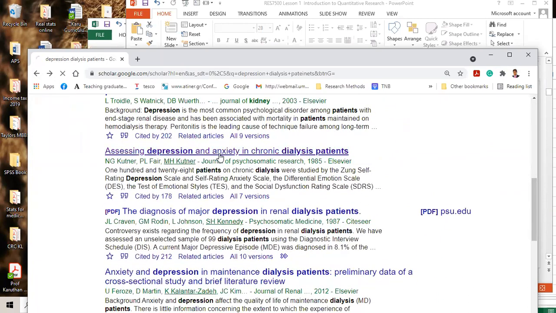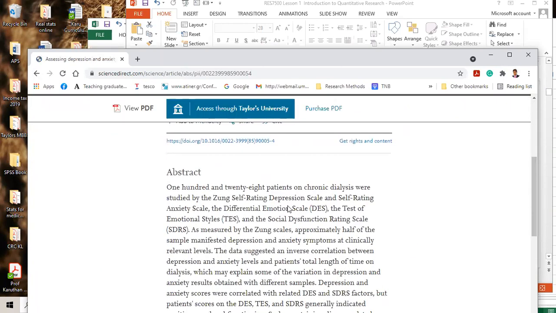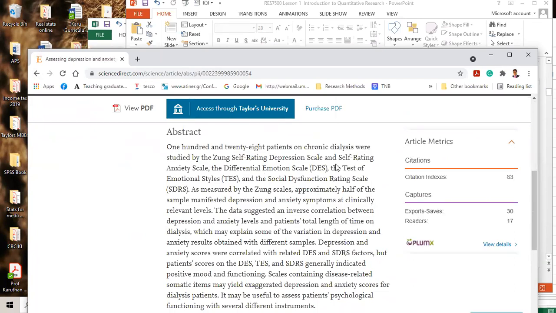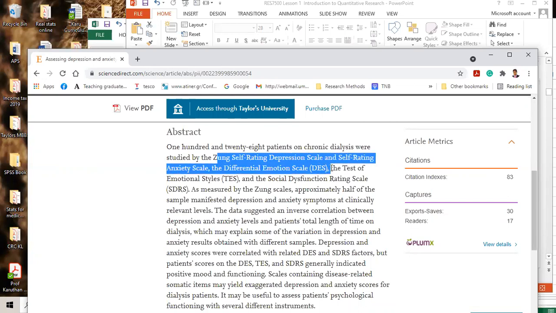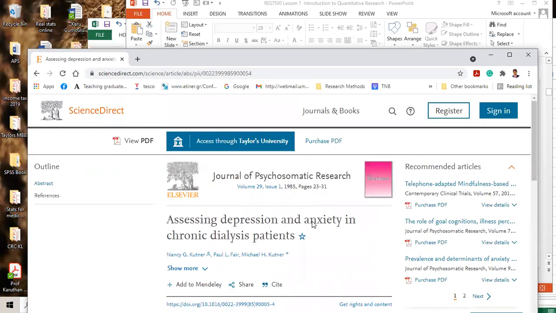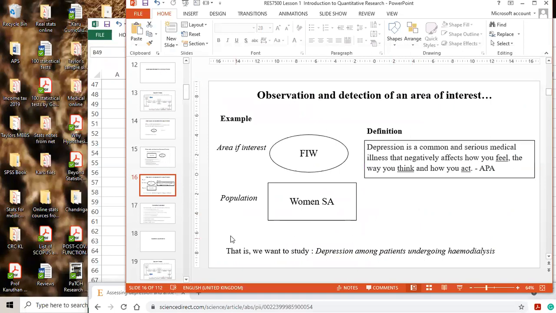All right, depression, anxiety. So they're telling which instrument they used. Oh, that's good. They're telling which instrument, the Zung scale. That's a scale they used, a questionnaire. It means how to measure it is already there. So what do you do? You go through 5 articles in your own area.